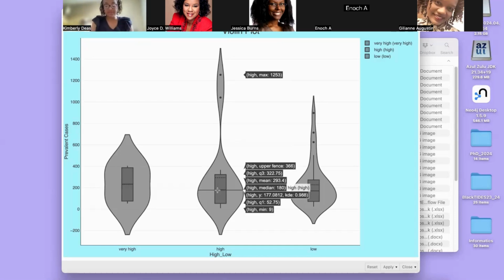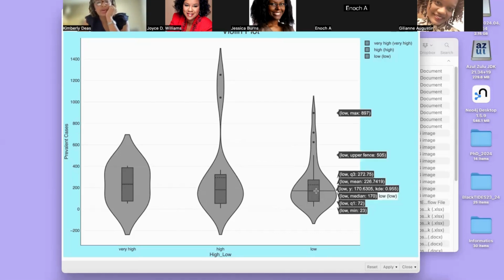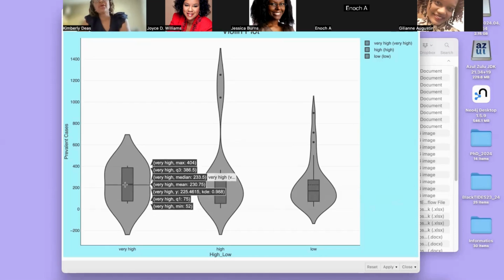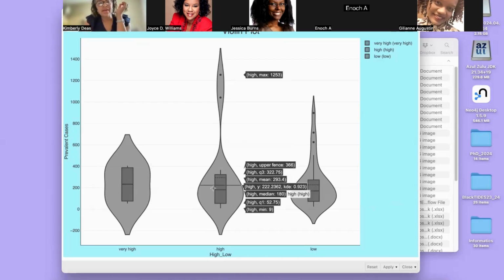Now, with that said, let me say this. Normally, when people are looking at crime, they just want high or low. So if I looked at high or low, if I put these two together, then yeah, it probably would look different than just comparing low. But I compared very high because one of the things I think I learned in my research is that there are nuances to high, right? And what I mean by that is that, as you can see here, the difference between very high and high, there's a pretty big gap, in my opinion, just based on the mean, right?